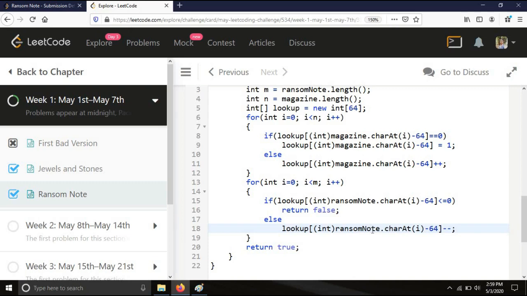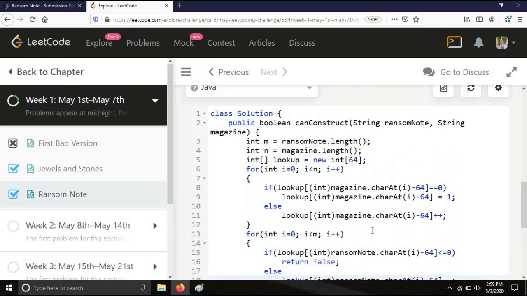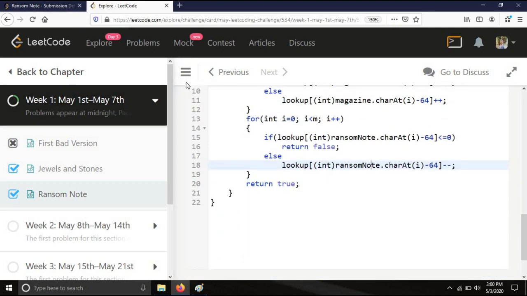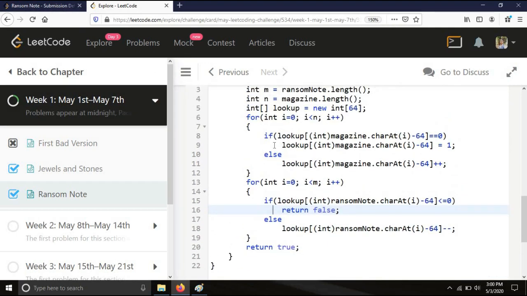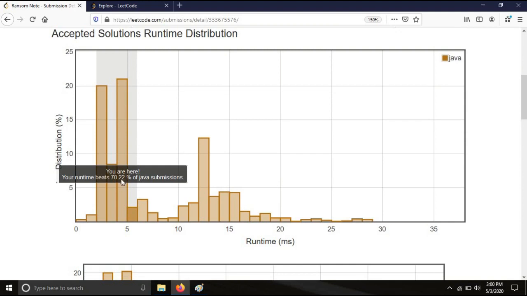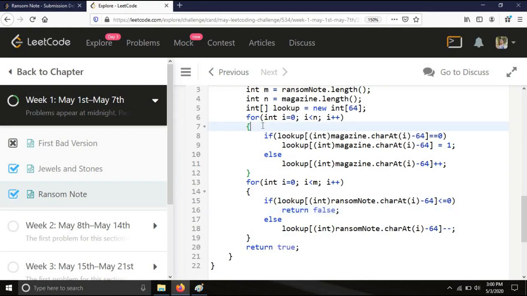So this was the whole concept and how we can solve it. I will upload the whole code in my GitHub repo, and I will also give the link in the description. Hope you like this solution, and let me show you the time complexity. The time complexity for this will be big O of m plus n, and our submission is better than 70% of the submissions, so it is a very good thing.